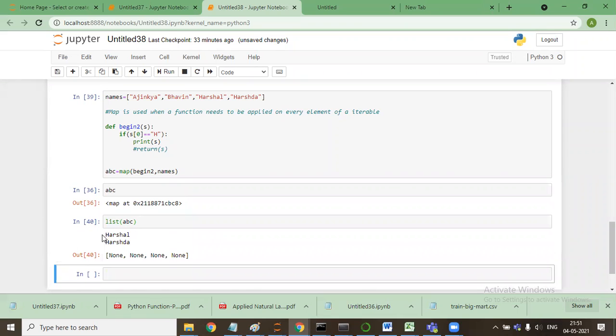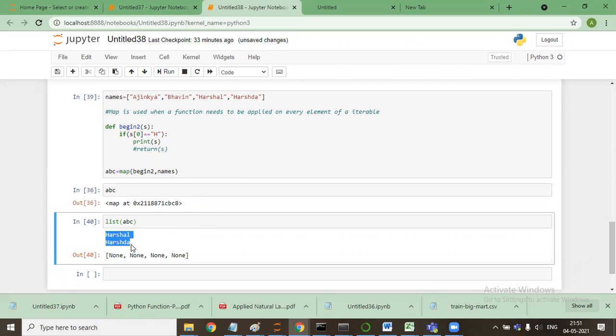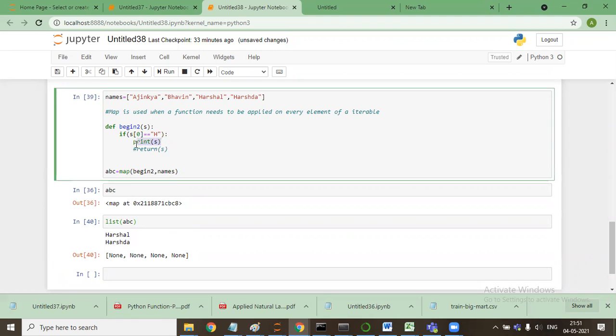Now it will say none. Why? The values Harshal and Harshita you see here are the outputs of print. Below is the list, which does not have anything within it. Ideally it should be none, Harshal, Harshita, which will come with the help of return.